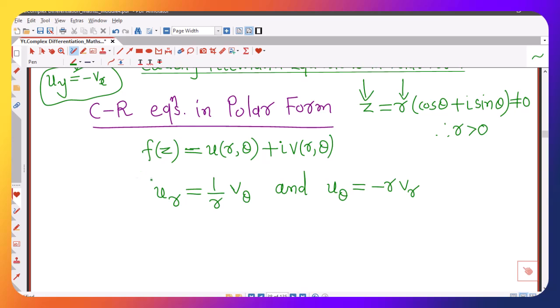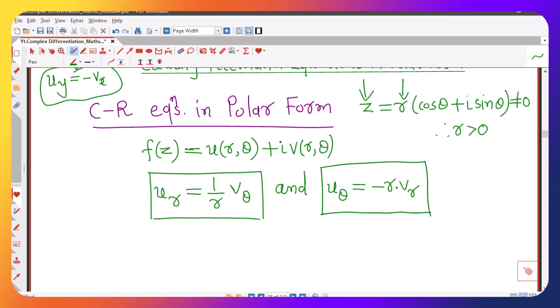So remember the Cauchy-Riemann equations in polar form: ∂u/∂r equals 1/r ∂v/∂θ, and ∂u/∂θ is minus r times ∂v/∂r, and these are defined at non-zero points only. So we can use CR equations in polar form to determine the differentiability of a given complex function at non-zero